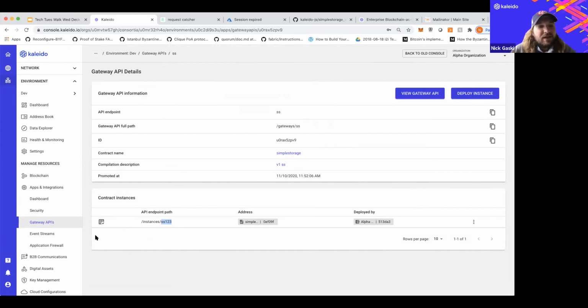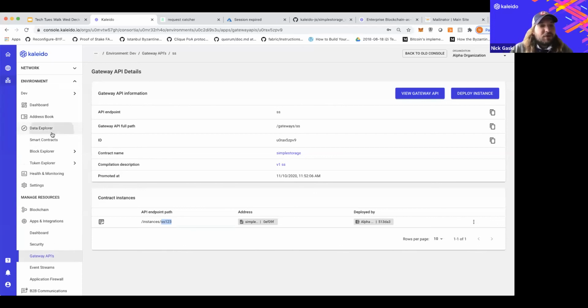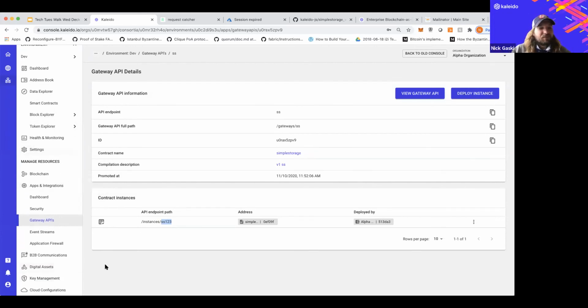At the Ethereum layer, it's just as easy to configure an event. As soon as you teach Kaleido about source code, it will automatically detect all of the events and all the signatures that are available to subscribe to. Tons of more different, exciting, rich features inside of the platform. Rich metrics, rich monitoring, data explorer, smart contract views, tons of assets, tons of functionality around digital assets and tokenization, and then just a huge, rich set of key management features and cloud configurations, in addition to that middleware, that B2B layer where we need to share application messages, or we maybe need to even share documents.